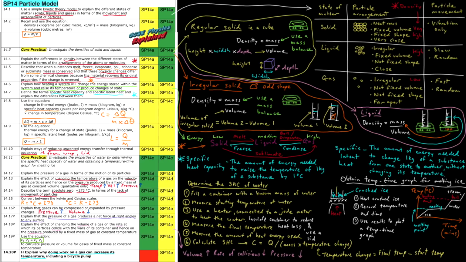In order to get the density of an irregular solid, so that means an odd shaped solid, again, tell the examiner you're going to use density equals mass over volume. Now you can get the mass once again just by using a mass top pan balance, so it doesn't matter that it's a funny shape. You can still put it on the top and you'll get the mass. However, this time to get the volume, what you'll need to do is take a measuring cylinder, so tell the examiner that, and fill it up with water to say halfway, and then plop the shape into the water